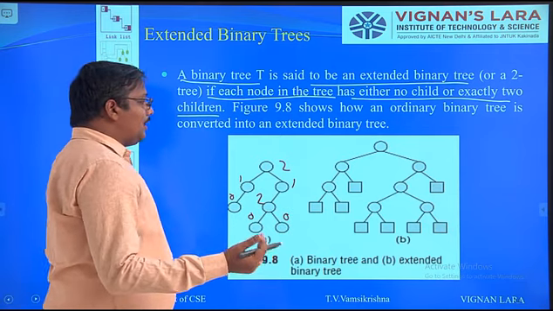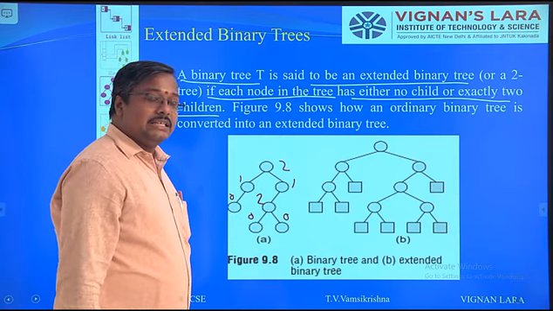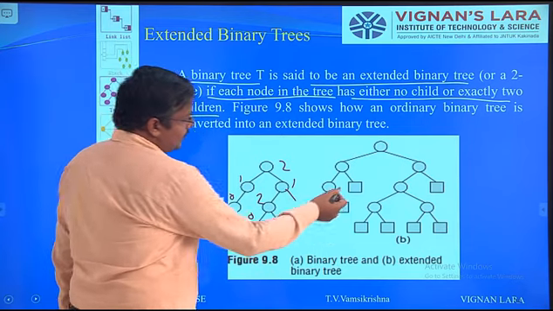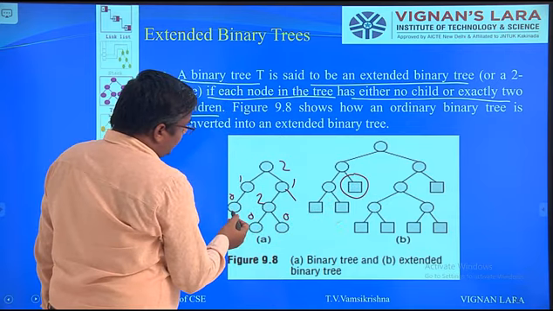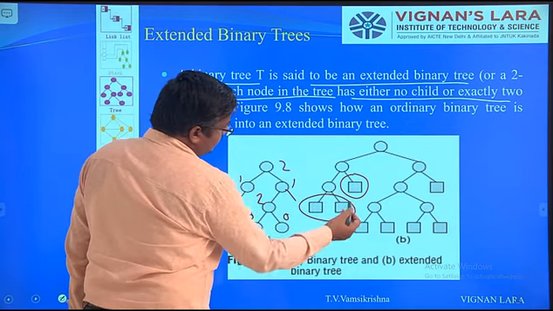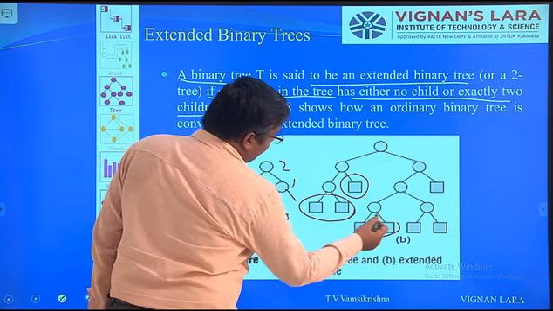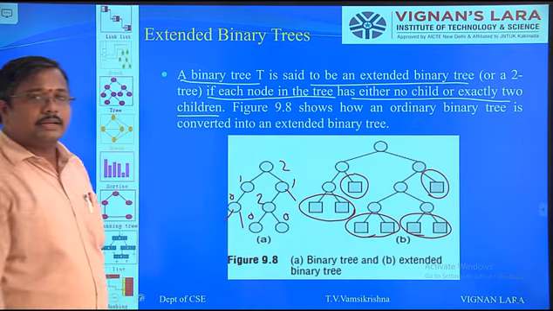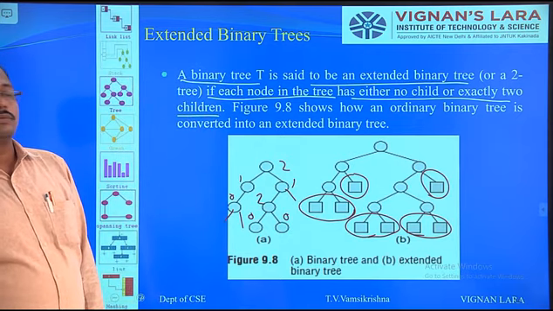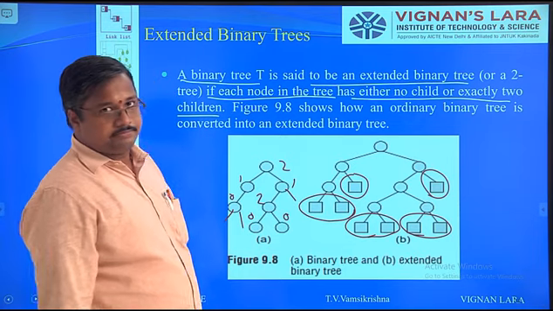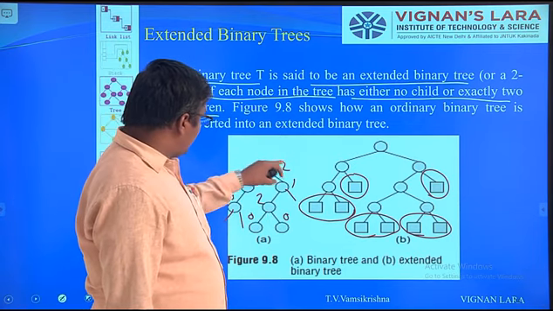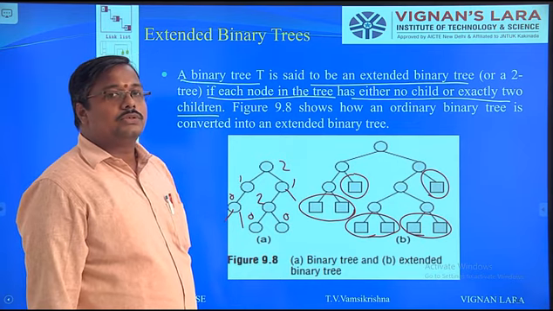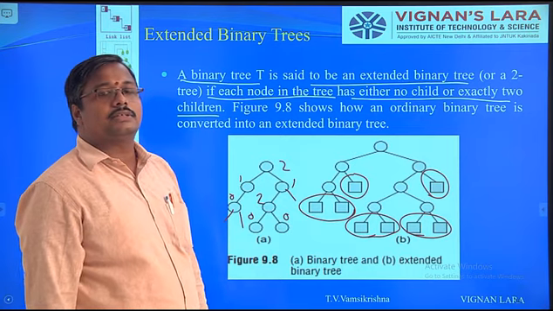So what are the possible positions where we can insert the next upcoming children? Here there is one possibility, that's why I am representing it like this. Here there are two possibilities, that's why I am representing them as rectangular positions. The next upcoming child insertion positions are highlighted as rectangular boxes. Such types of nodes are called external nodes, and all the remaining nodes are called internal nodes. This kind of tree is called an extended binary tree.